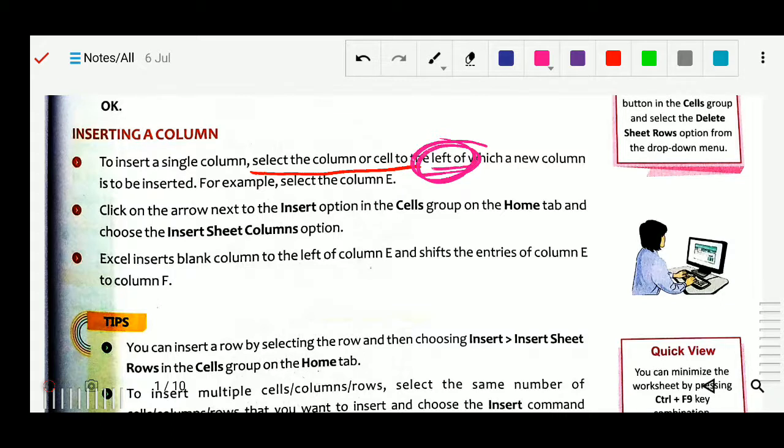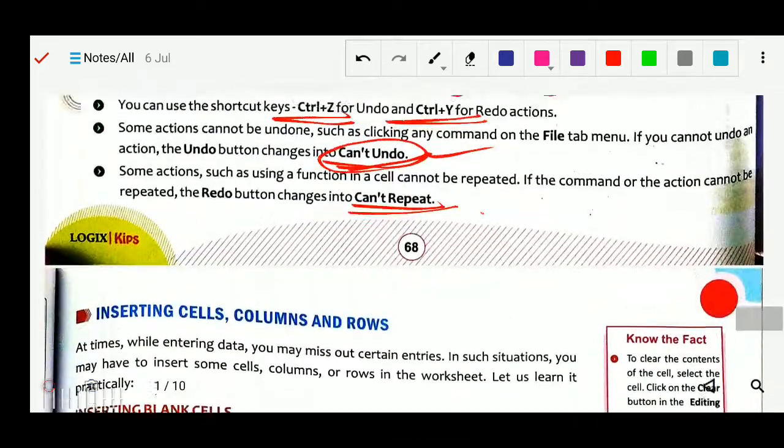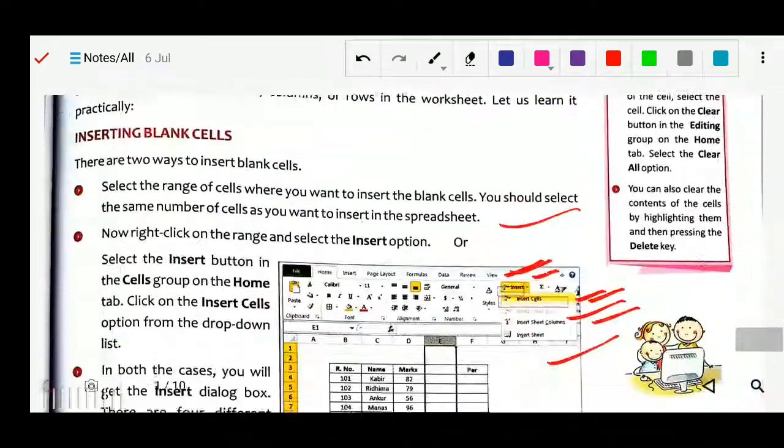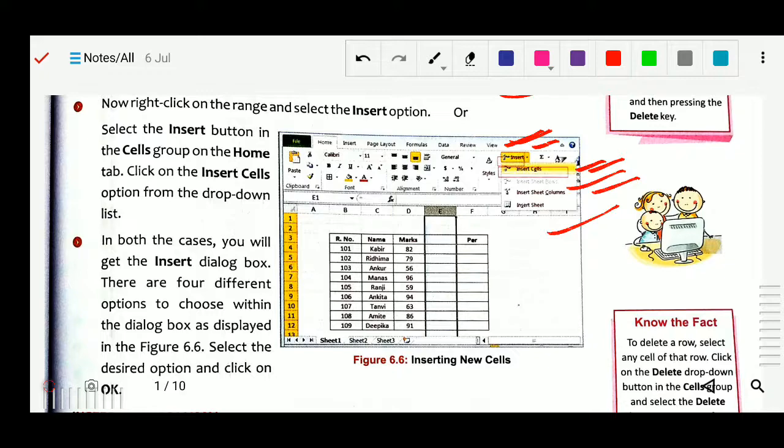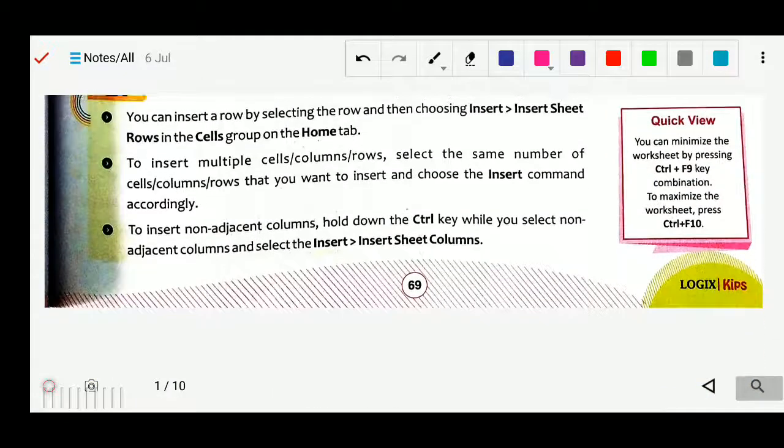We can perform the same action from the Insert option in the Cells group. There you will get Insert Sheet Rows and Insert Sheet Columns, so by clicking Insert Column you can insert the column.